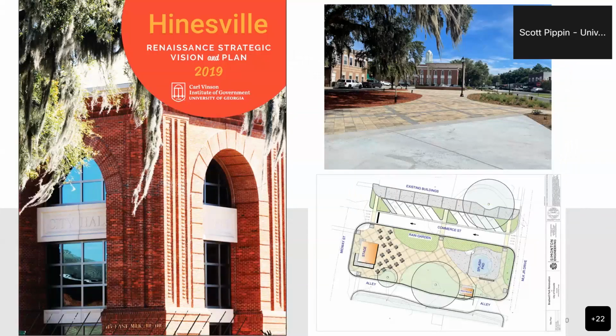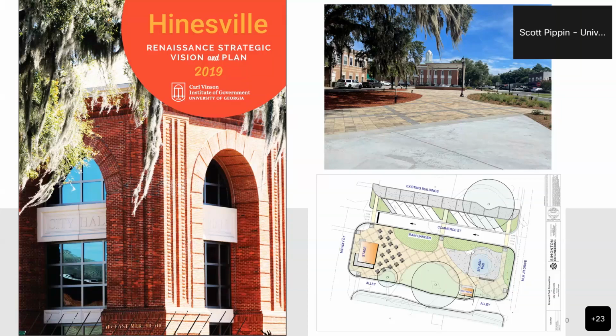A couple of years ago, we completed one of these visioning plans with the city of Hinesville. And actually, our connection to the city of Hinesville grew out of our participation in that coastal green infrastructure guide. So we were there talking about resilience, and they're like, what we really want to talk about is downtown development. How do we get more businesses? How do we get more foot traffic in our downtown? And really, it's like, you don't have to separate those things. We should be talking about those things together, about how do you revitalize downtown at the same time that you are addressing some of the flooding and water quality challenges that we had identified